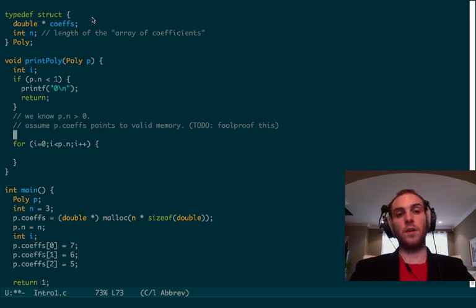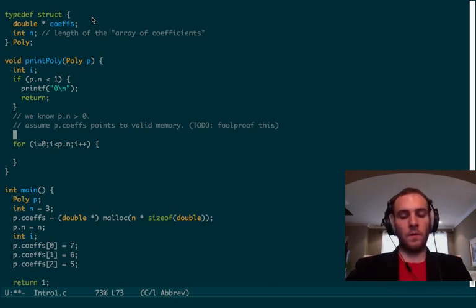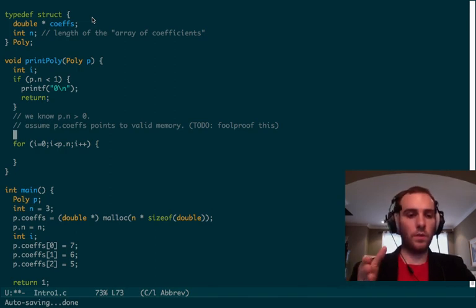So we're going to print the polynomials backwards for now. If you want to modify it, that's fine, but for now we're going to print them backwards just because that's how we represent them in memory. And it's maybe less complicated, because we know the first one is at 0 and it's the constant. So okay, printf